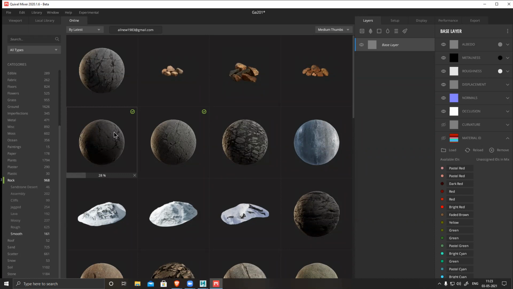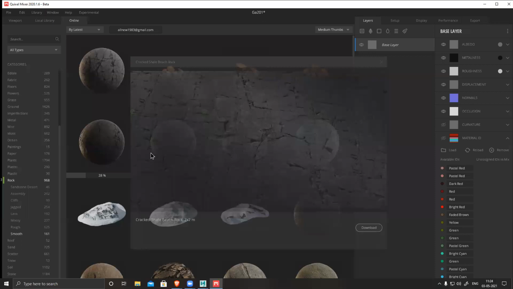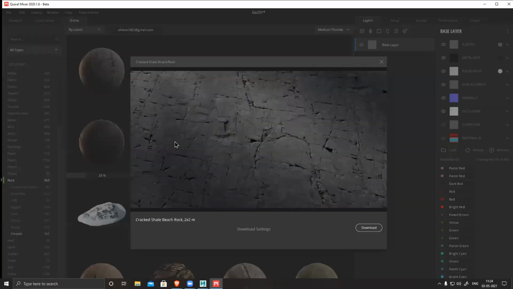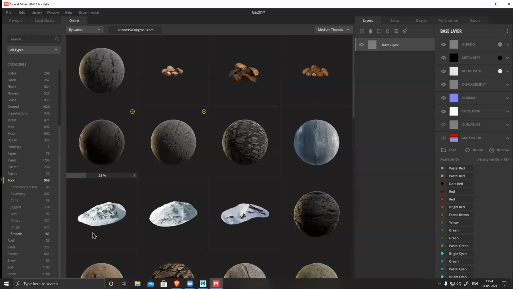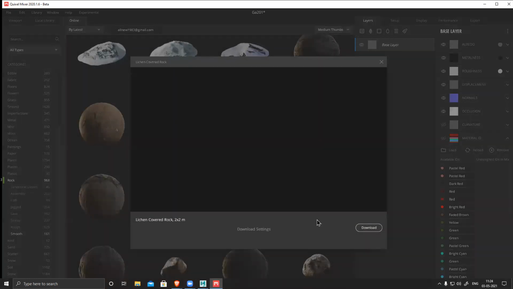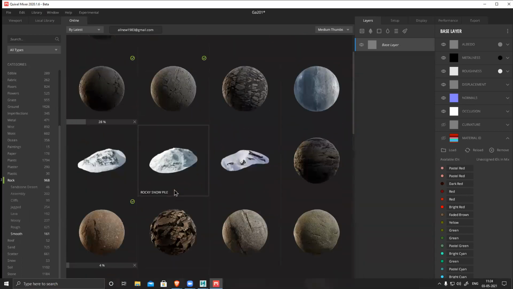Why is my net slow? Strange. It's stuck at 28. I don't know why.